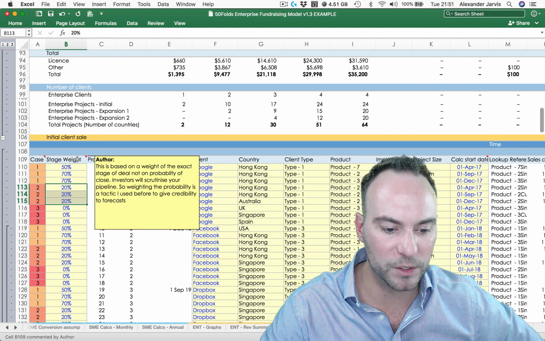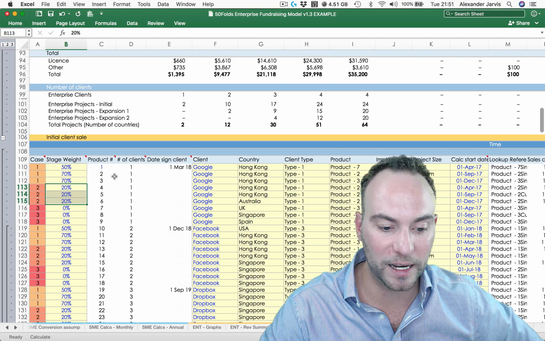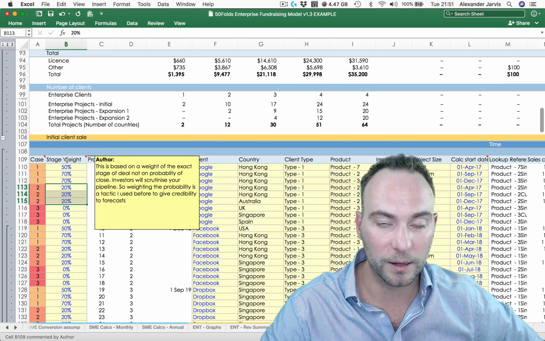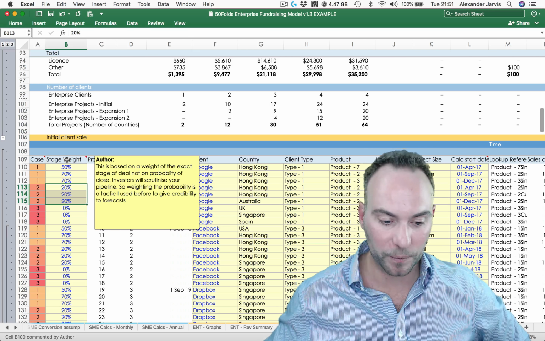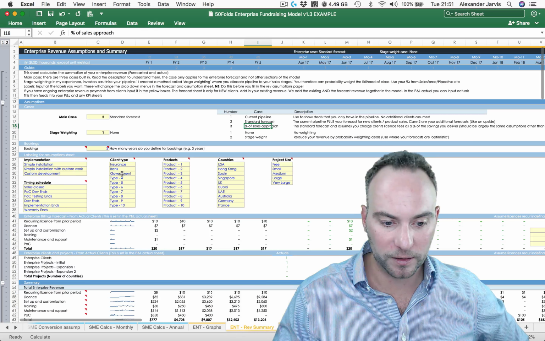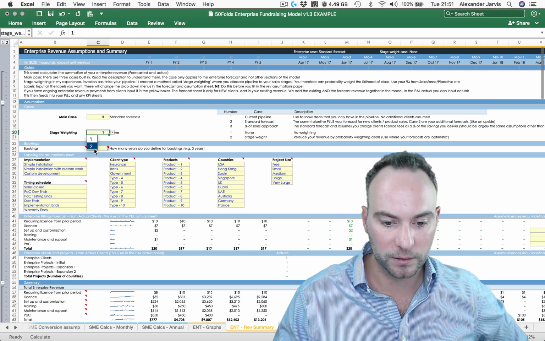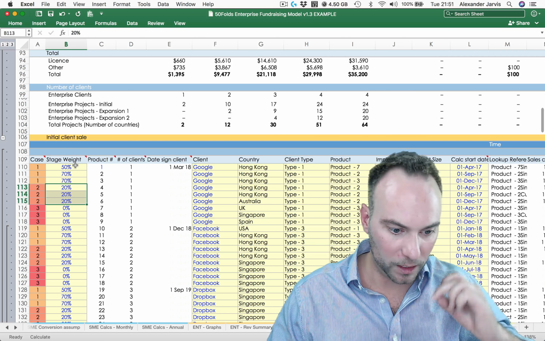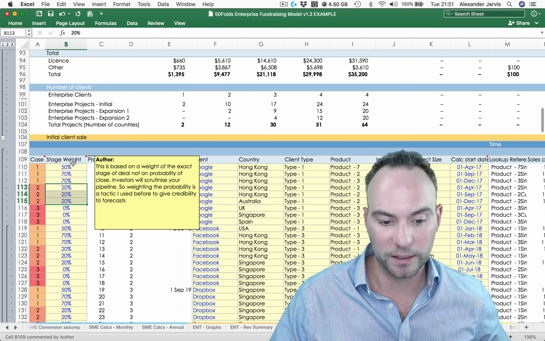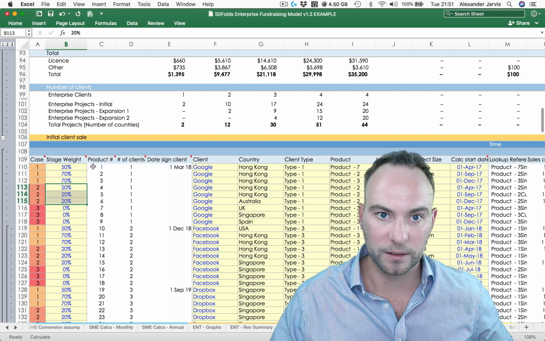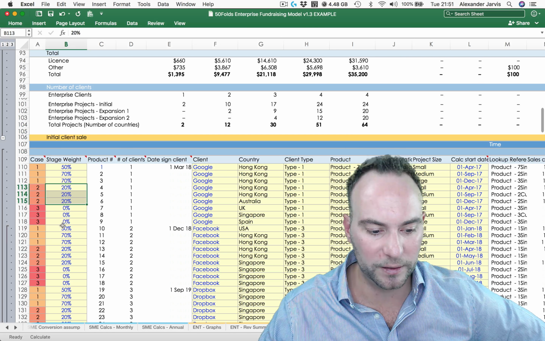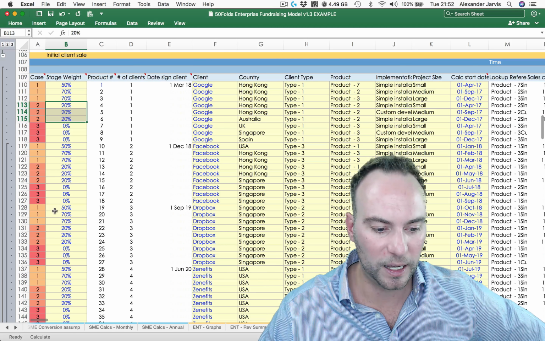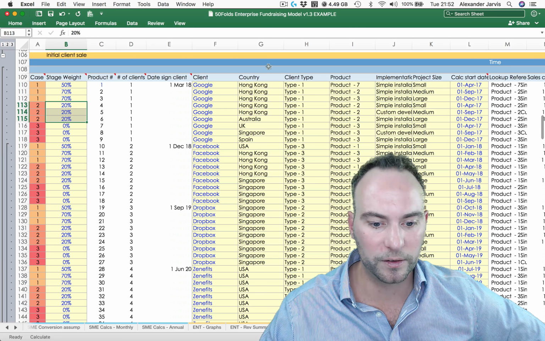And then here, the stage weighting. That's based on the exact stage of your deal and probability adjusting it. So if you flick this button, 1 to 2, right? You can stage weight the numbers and all the numbers will start getting smaller basically. So yeah, you see 50% because we're at a certain stage, or 70, but it's dependent on what you do in your sales at your company. And then you just repeat this for each one, 1, 2, 3. I mean, maybe you have 5 of these or something. It all just is going to depend on what you're doing.